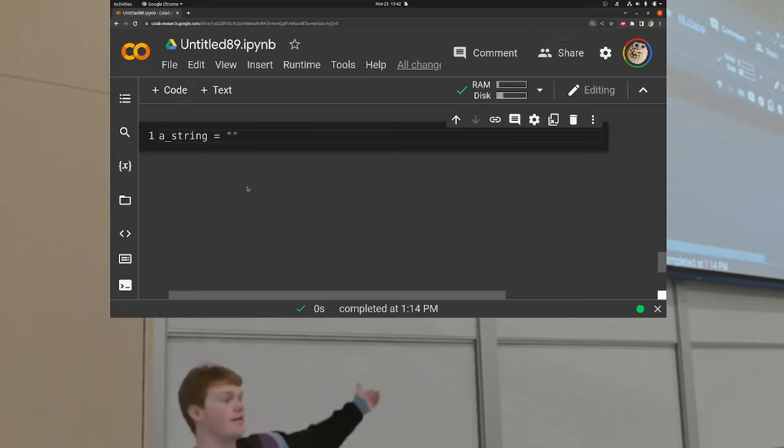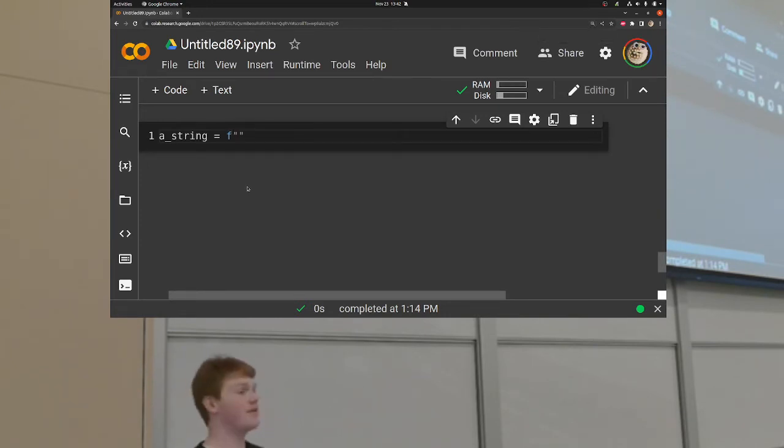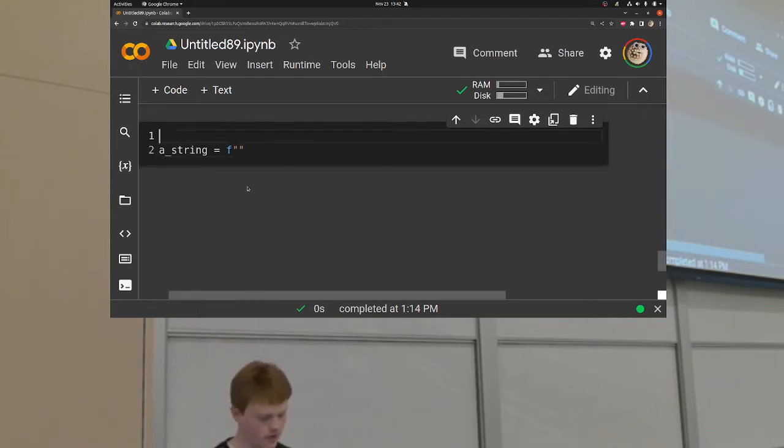So that obviously is an empty string. This has now become an F string because it has an F in front of it. F strings in Python are really, really good for formatting. I think that's what the F stands for, but I wouldn't quote me on that because I'm not 100% sure. In F strings, you can have